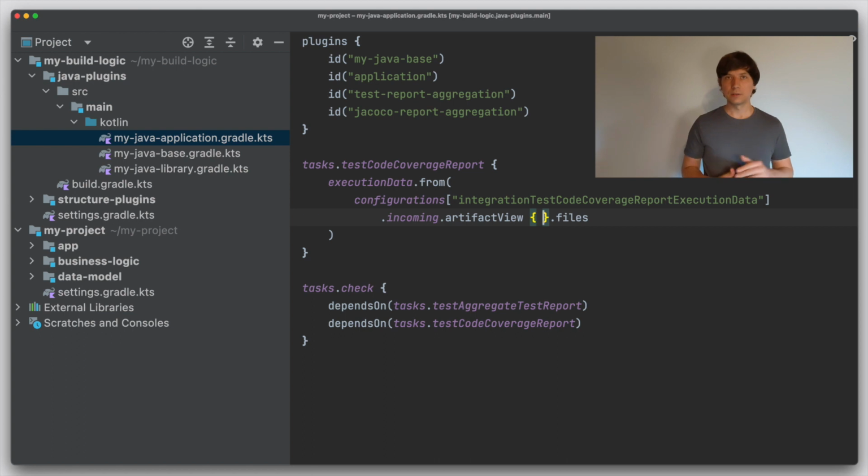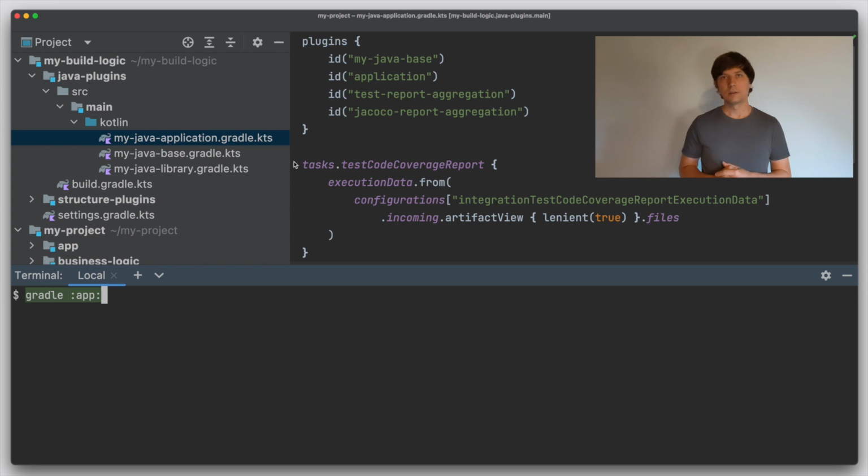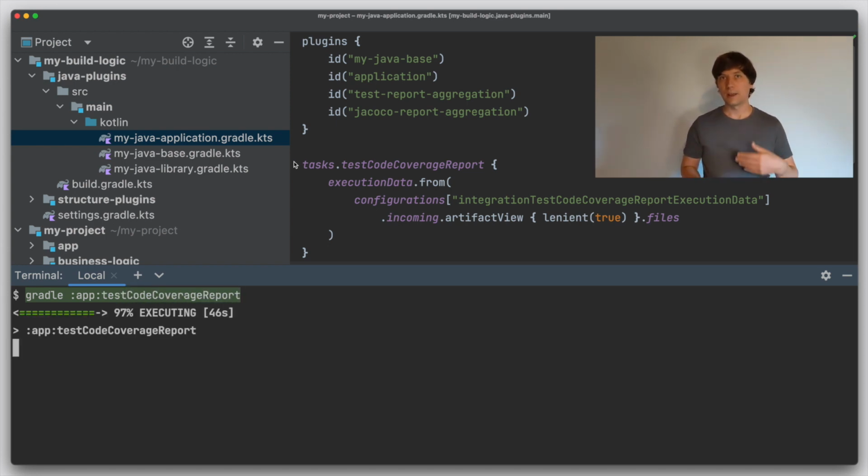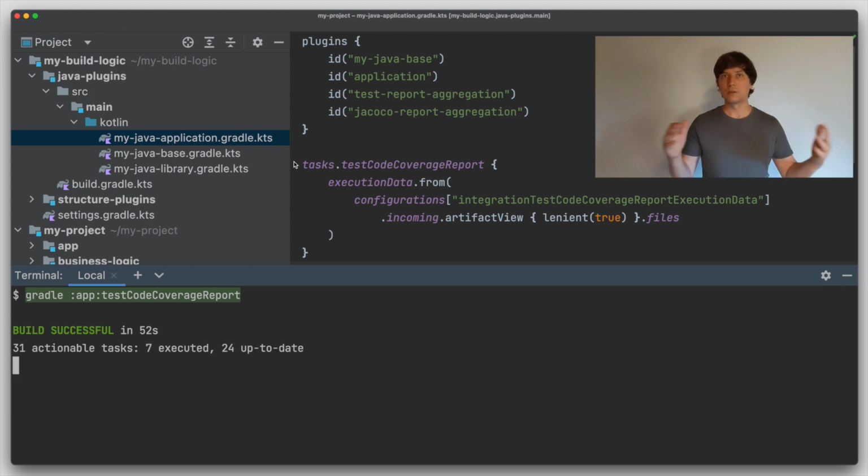So we add this as an additional input here, and one thing we need to tweak is that we need an artifact view with lenience set to true, because otherwise, with the dependency setup we have, Gradle would also look for execution data in external dependencies. For more details on this, check out the video about aggregating custom artifacts. With the setup, the test code coverage execution data task will now trigger the execution of the test and the integration test tasks and collect all the coverage data from all the test executions.